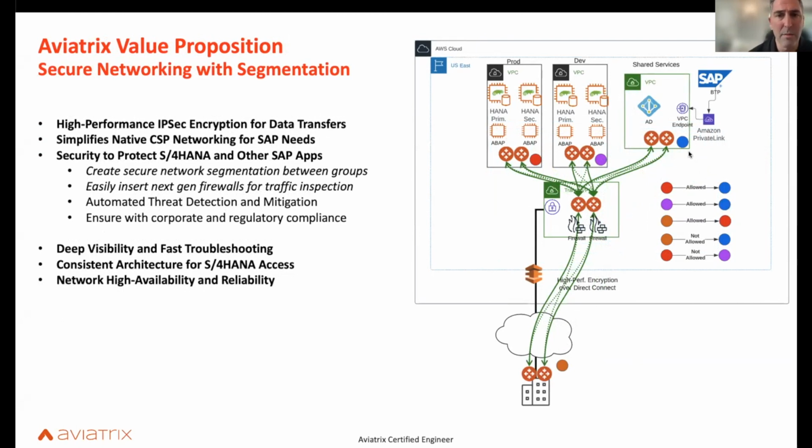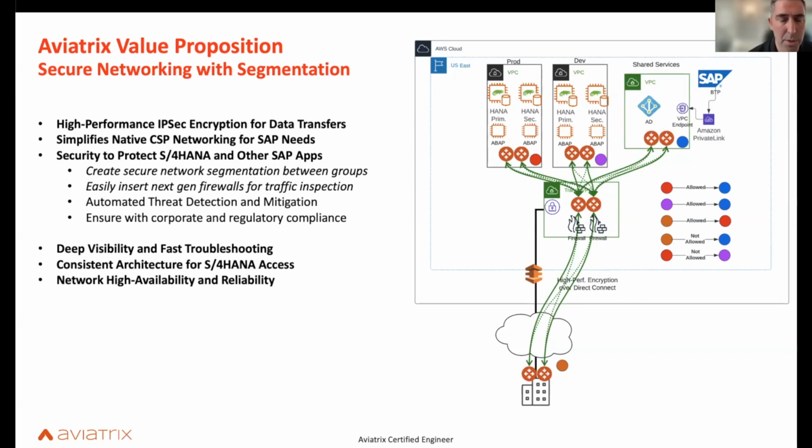So you create this environment where, when on-prem talks to the cloud, and when prod and dev and shared services, you're able to make sure DBAs, for example, when they're connecting to a production SAP